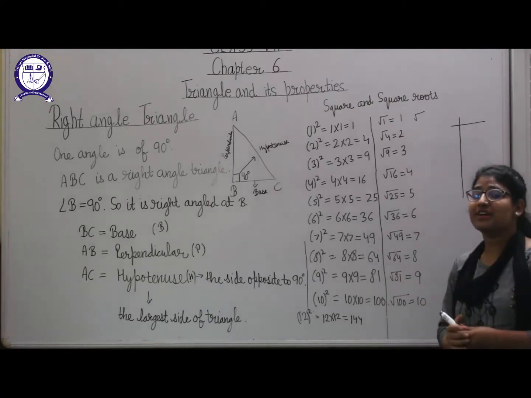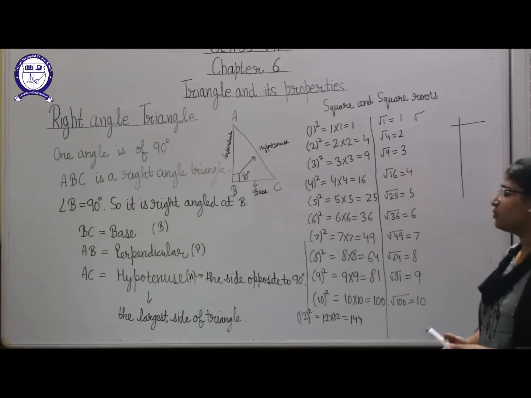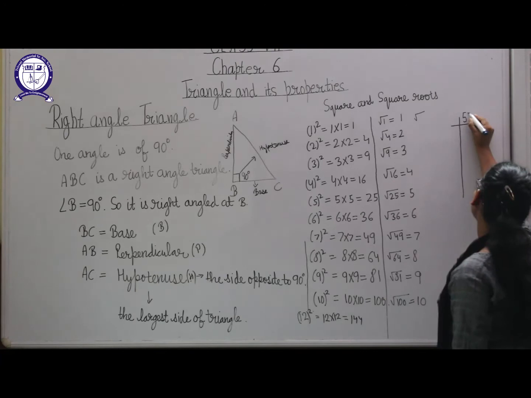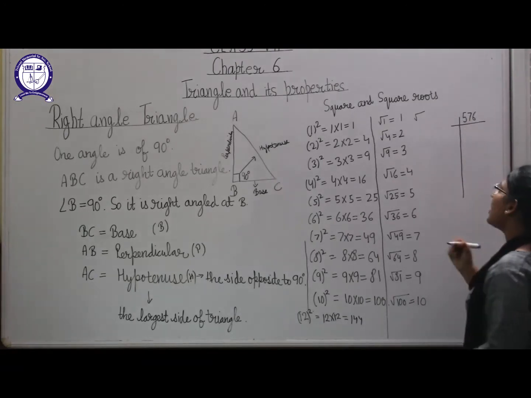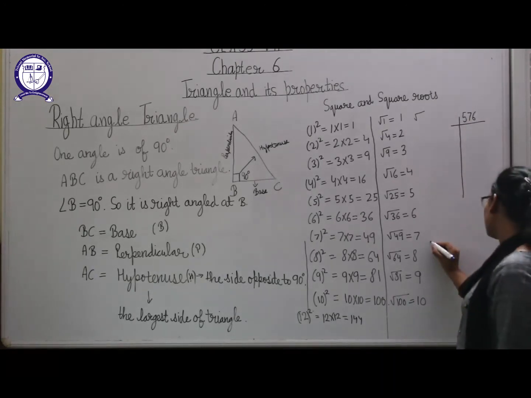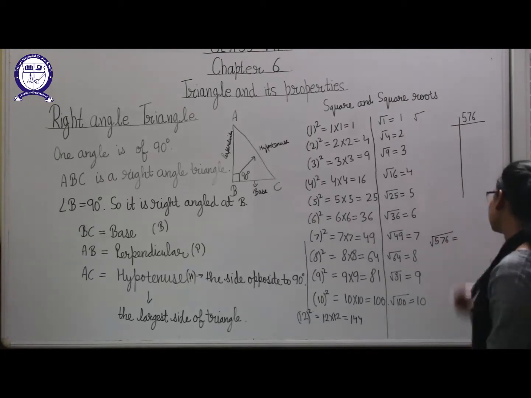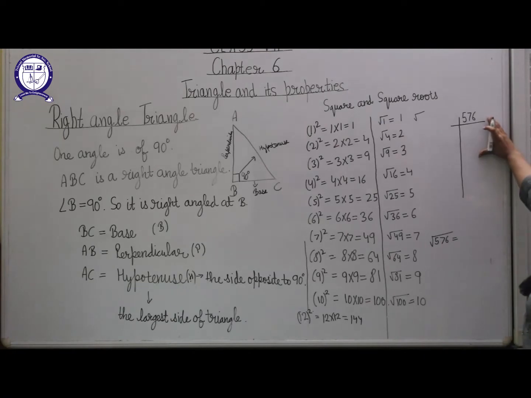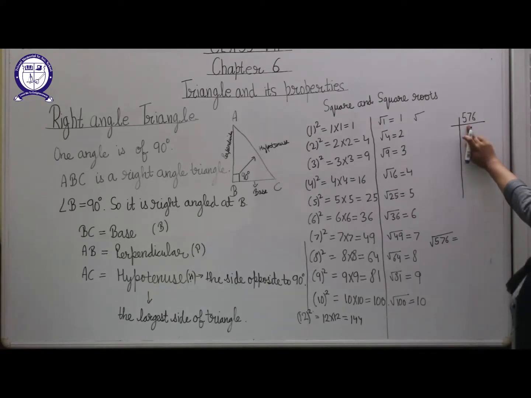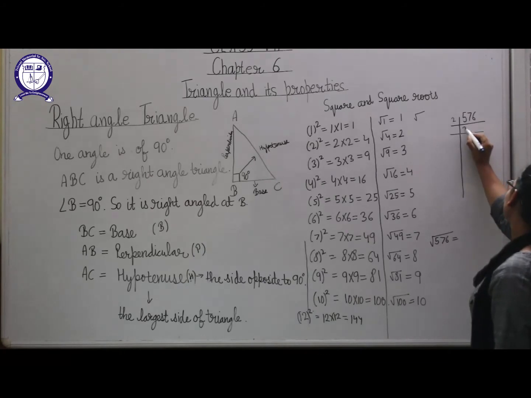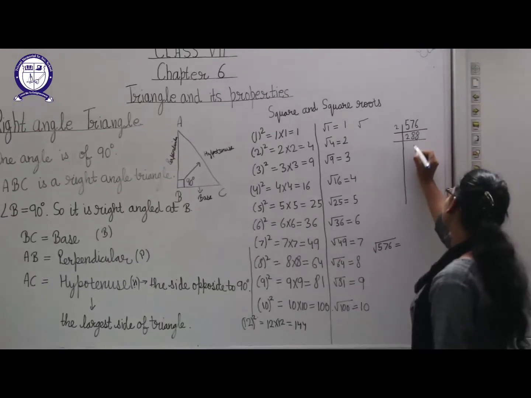And if you have to find the square root of any bigger number, suppose you have a number 576, here I am writing 576. Suppose you have to find the root of 576. So what will we do? We will do the prime factors of 576. You know how to do the prime factors? We will divide it by 2. What will we get? We will get 2 twos are 4, then 8 twos are 16, and 8 twos are 16.